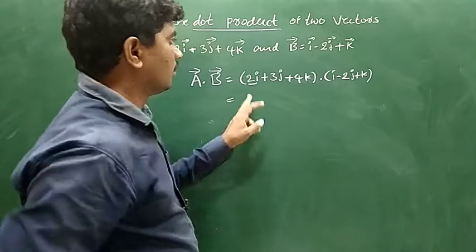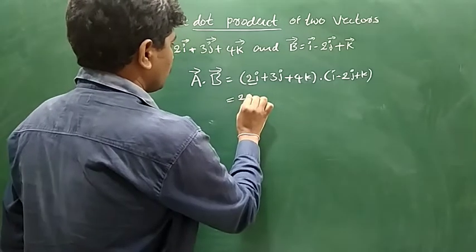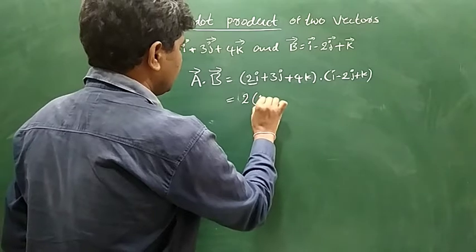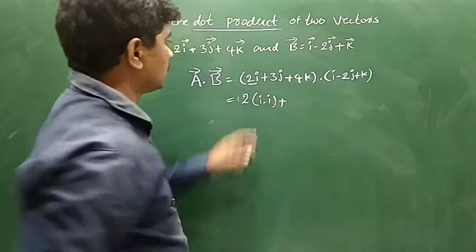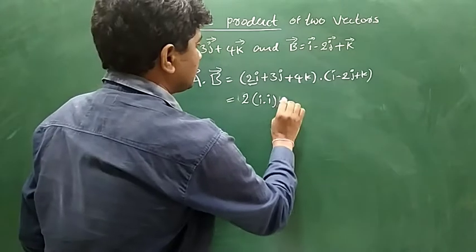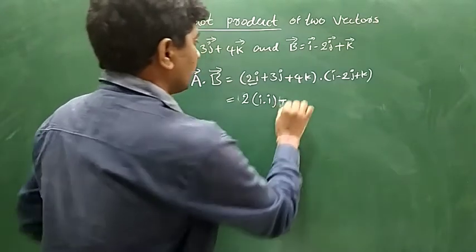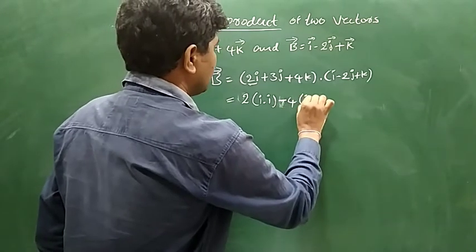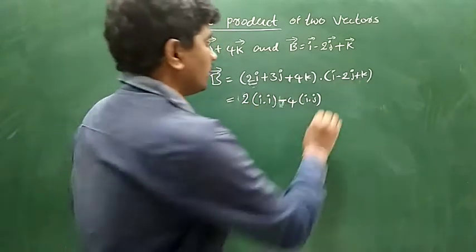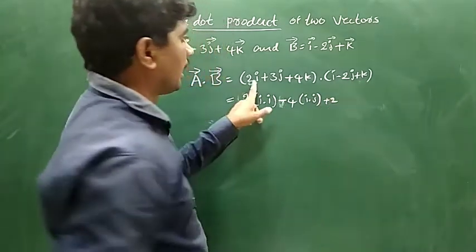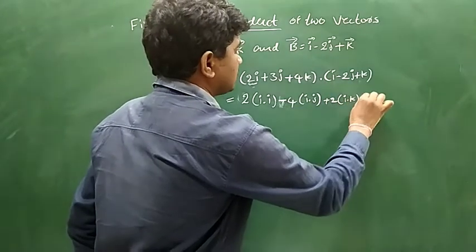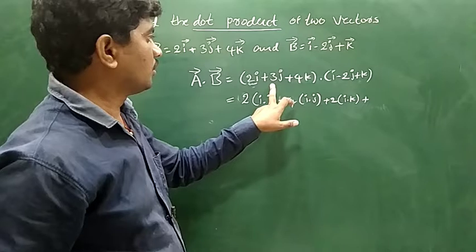Write down the answer: 2 into i dot i, plus 2 into minus 2, i dot j, plus 2 into 1, i dot k, plus 3 into